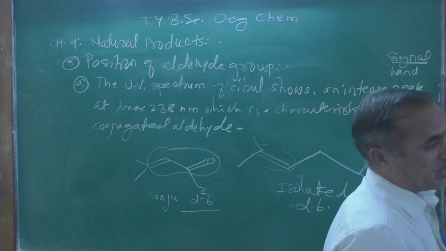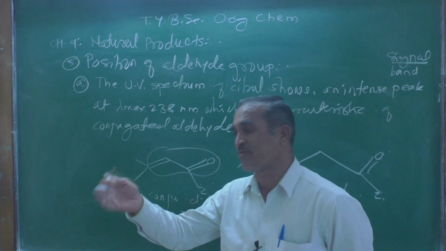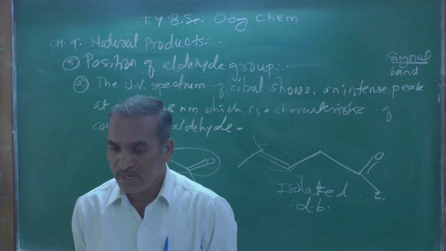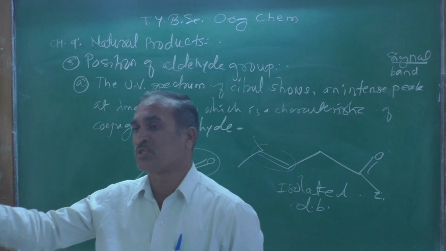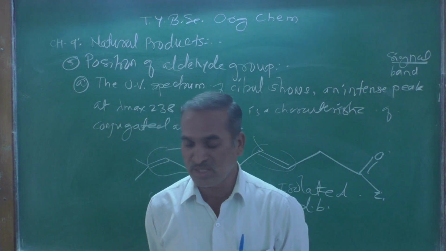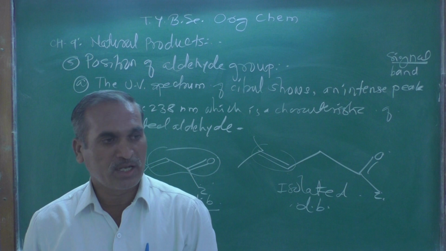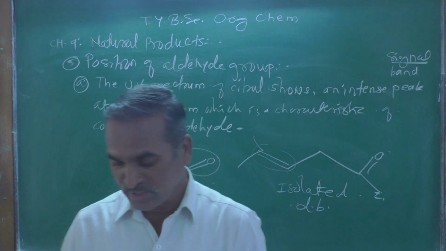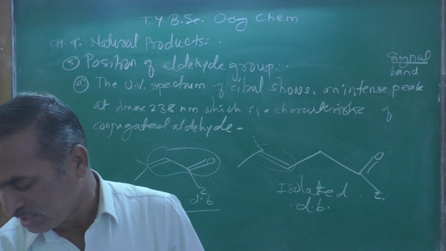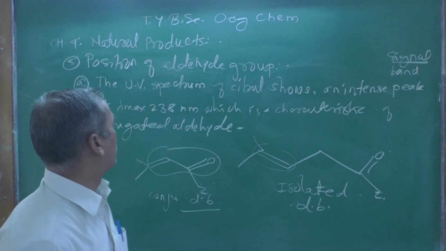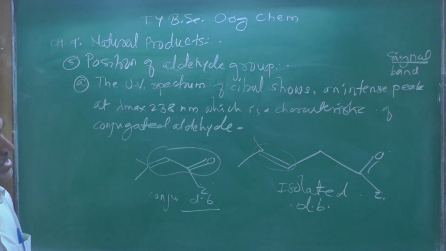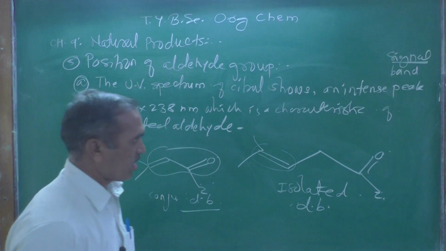Conjugated, and when the conjugation increases, the stability of that molecule increases. Hence, the number of resonance canonical forms also goes on increasing, and the stability of that molecule also goes on increasing. So that is the reason why it increases as the conjugation goes on increasing. So here the UV spectrum of citral shows an intense peak at lambda max 238 nanometer, which is a characteristic